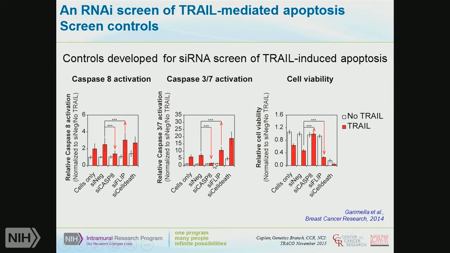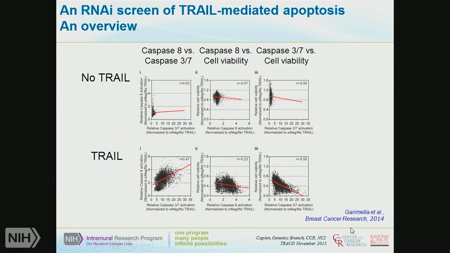We were able to find a gene that, when silenced, completely blocks this activation, which is, of course, caspase 8. And if we silence a known inhibitor of the extrinsic pathway, we could actually increase caspase 3/7 activation. All of these correlated. And that's shown here: we could get a really nice correlation in the presence of TRAIL between these different screens, or good enough for this particular context.